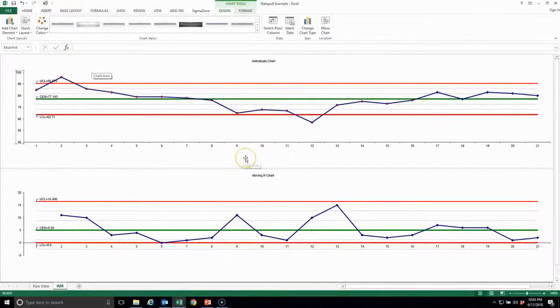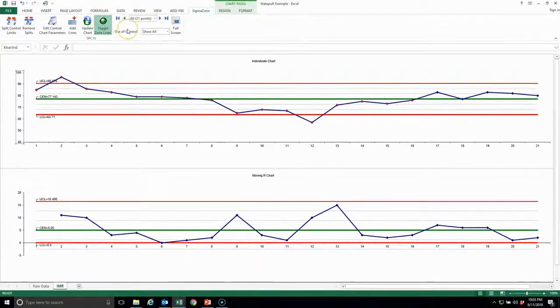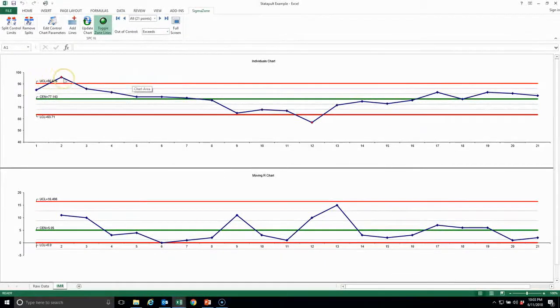Now, up here in the individuals chart, this is each individual data point. And you see a lot of red. If we go back up to the sigma zone, you'll see the out of control symptoms showing all. If we show the points that exceed the control limits, you'll see only that one in red and that one in red. If we show the ones that are the center line violations, you see a lot of data here entirely above the center line. You see a lot of data down here, at least 7 points in a row, that are entirely below the